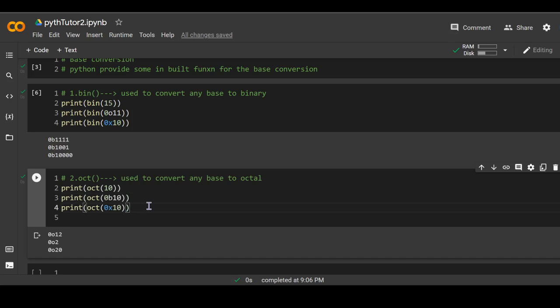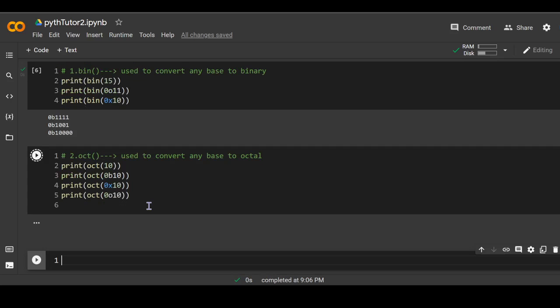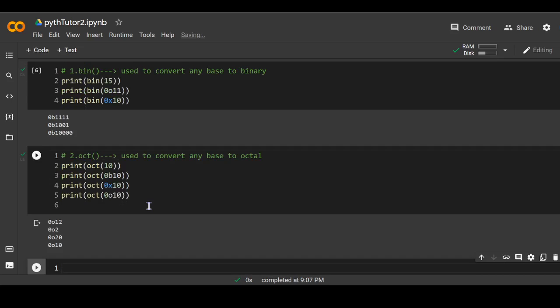You must be wondering, what if we give an octal value inside? Let's see. It came the same as octal. Here we have given an octal number and its output is an octal number, as we could predict.